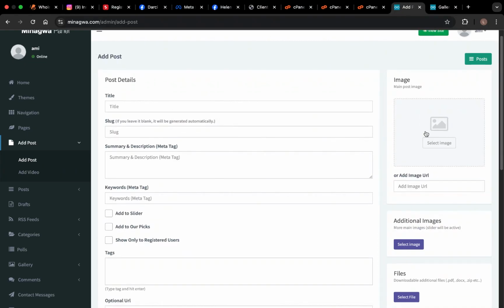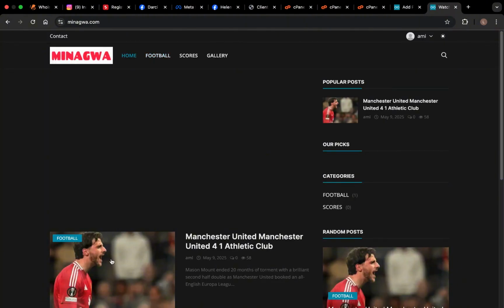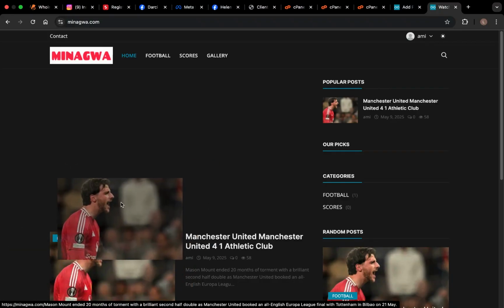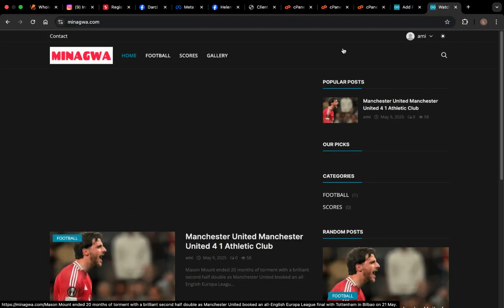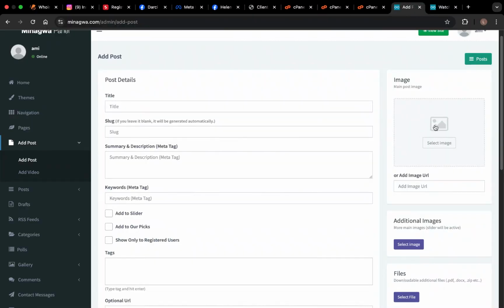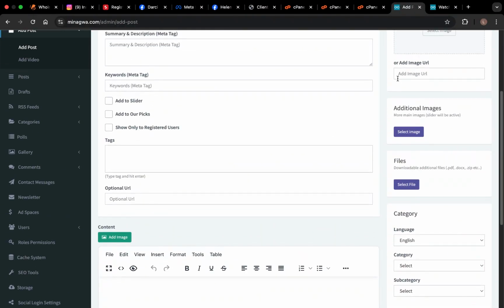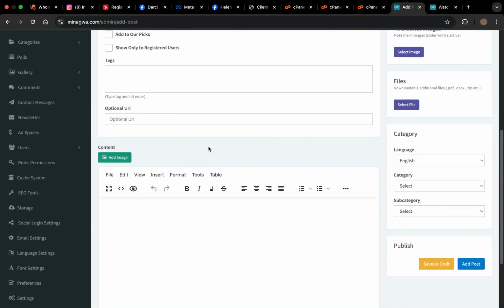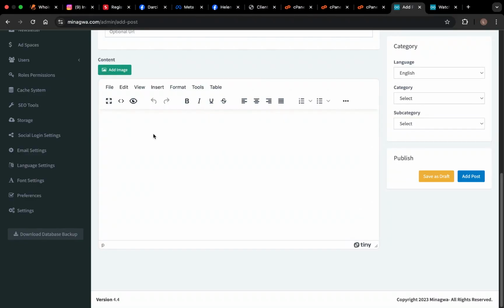And your post is supposed to have a picture, something of this nature that will display. Okay, so you can add the image, you can add the image URL and then tags, and then if you go down here,